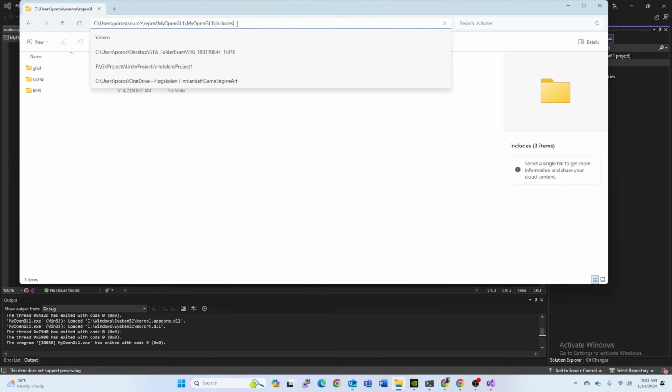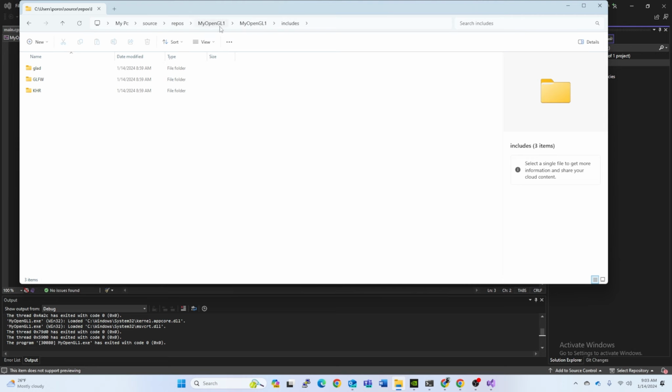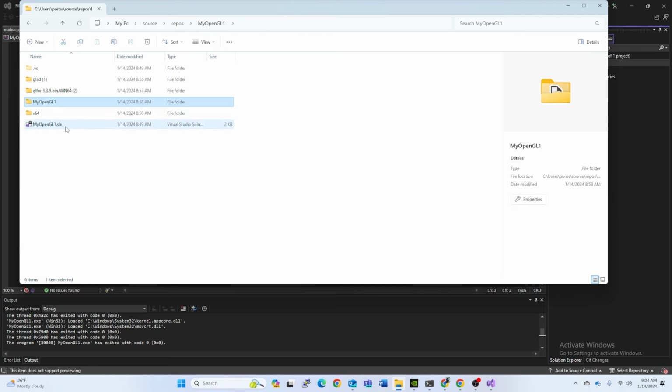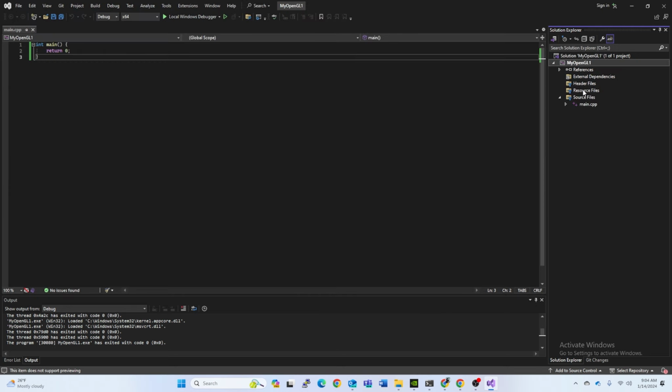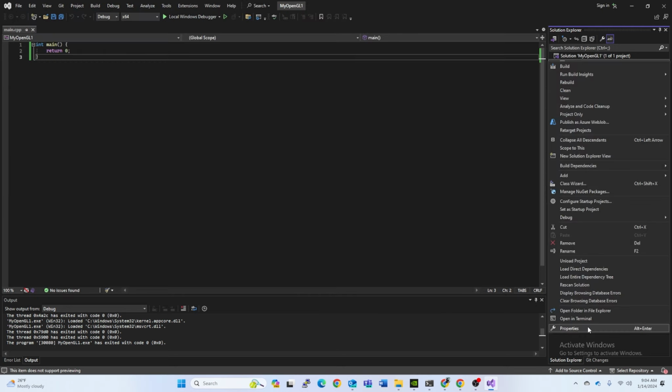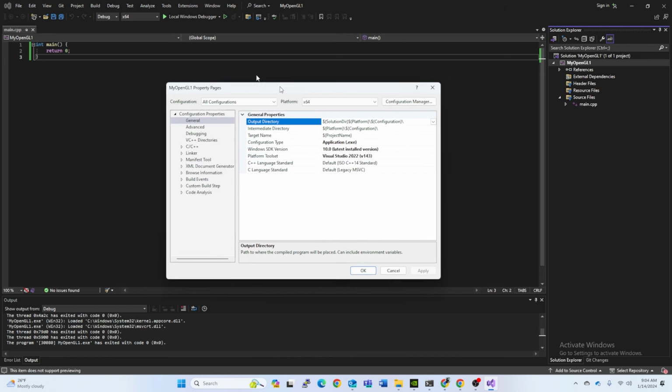So we can copy this one, or we can just go back. We go to solution folder, then we go here one step forward, then one step further, which is the includes. These are the directories we have to navigate in order to reach the includes library. So we go back to Visual Studio, we right click here, we go to properties, and first thing we have